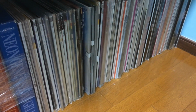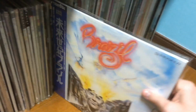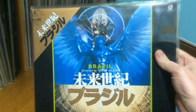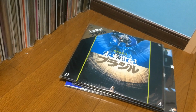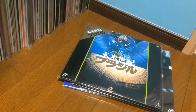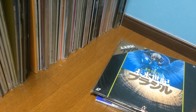I really wish I could say I was only obsessive like this about video games, but I'm sitting here with 1, 2, 3 different minor variations of the movie Brazil on Laserdisc, with another one on the way from America. Oh, I have a problem. Oh, I have a big